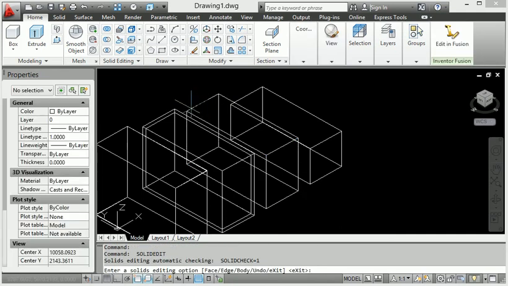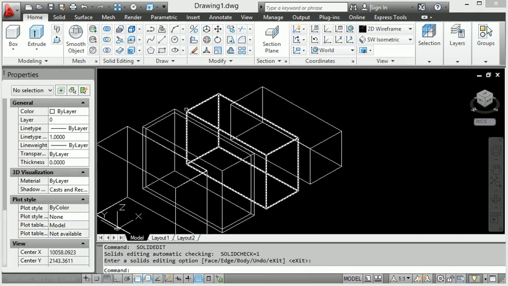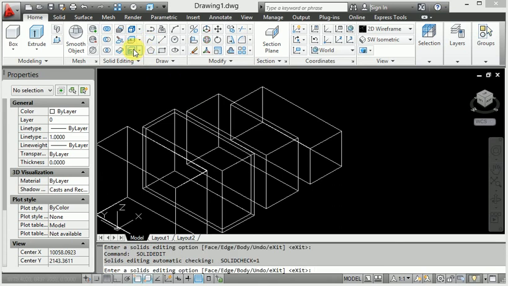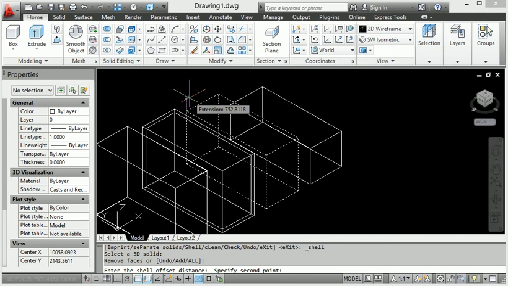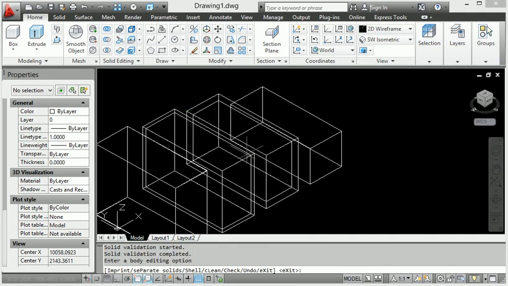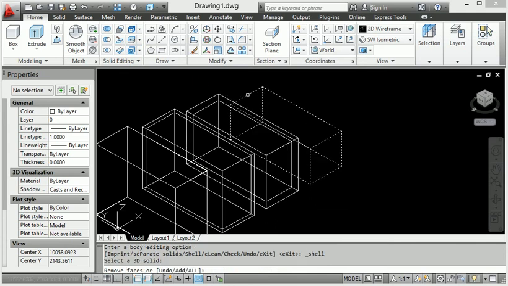Then I will show you this command again. Enter the shell command and click this point. Apply the shell command, enter, click the point and give the distance. Again I will show you 200. It is called a 200 shell. Same thing again on this body.